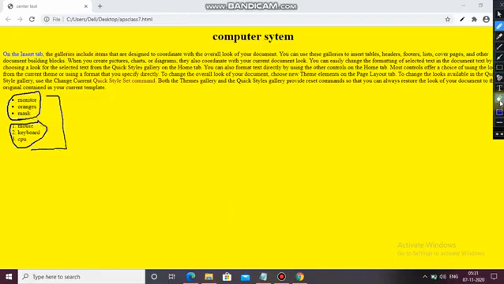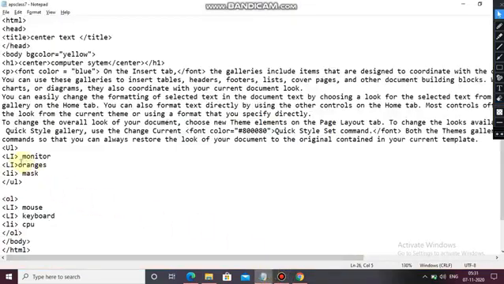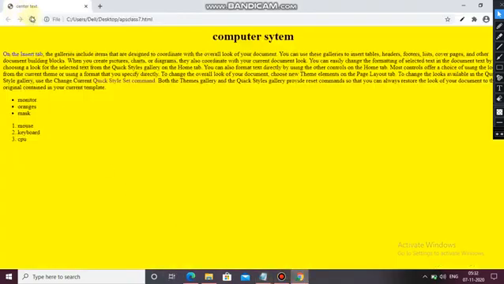Now instead of this, can we change the type also? So just see here, ul type equals to double inverted comma square. In ol type equals to double inverted comma capital A. Control S, refresh it.